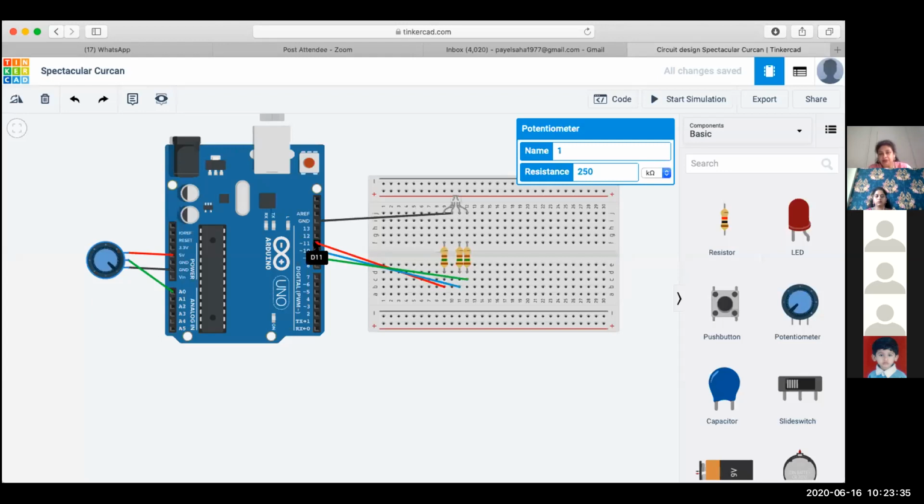In other words, they are encoded in terms of 8 bits. So whatever values we read from the potentiometer will come in the form of 10 bits, and if we need to write the corresponding value on the PWM pin, we need to encode it in terms of 8 bits. So 10 bits over here need to be scaled down to 8 bits on the other side.